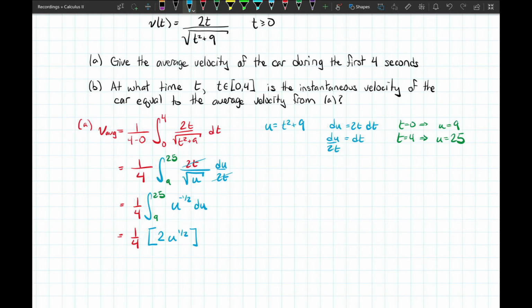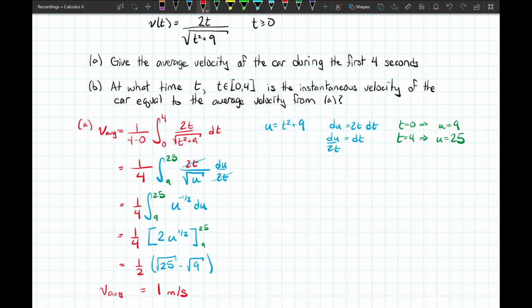So the antiderivative that we will use is 2u to the 1/2. Don't need a plus C for this definite integral. We just need to plug in u equals 9 and u equals 25. Square root of 25 minus the square root of 9. So that leaves us with 1/2 times 5 minus 3, which is 2. That is equal to 1. Now, since this question has units, that means that our average velocity is equal to 1 meter per second for